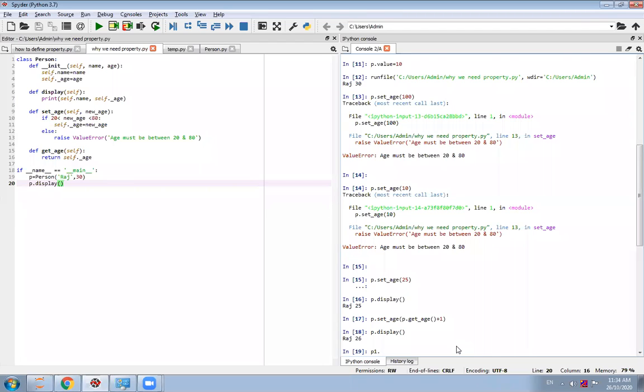Let's check whether this program works for another instance or not. So P1 is another instance that I have created, and now he is Dev, and his age is 200.